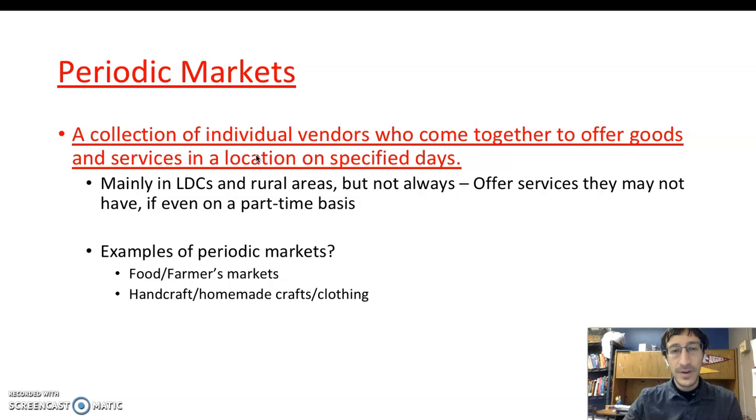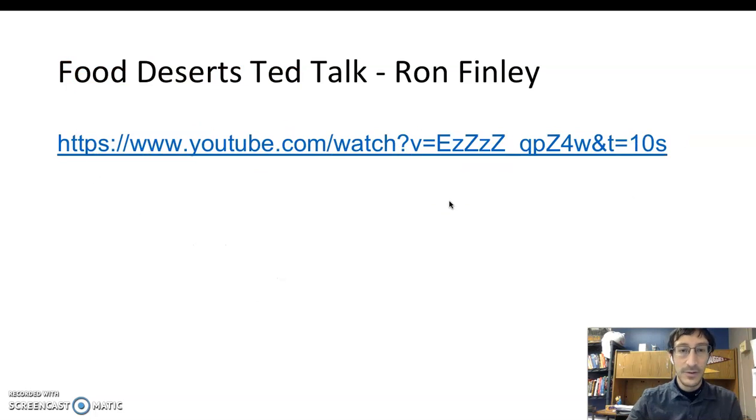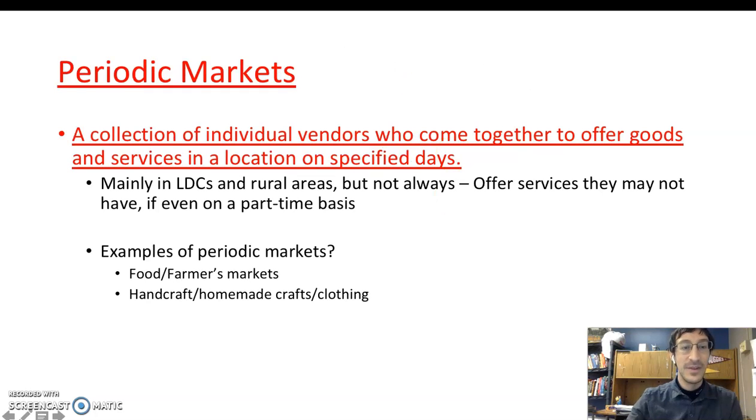It's like, yeah, that's great. It's a periodic market, but that also says that we have a lack of services and affordability in healthcare for dentistry. But you also think about that in many of those less developed countries, they offer services that they may not have, even if it's on a part-time basis. So there's a need for it. There's a niche market, but it could be the fact that these things are not always available to other people. And this comes back to the idea of a food desert, with the idea of trying to fit in with the periodic markets.